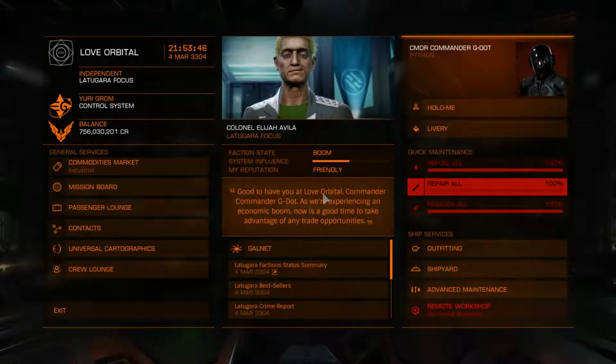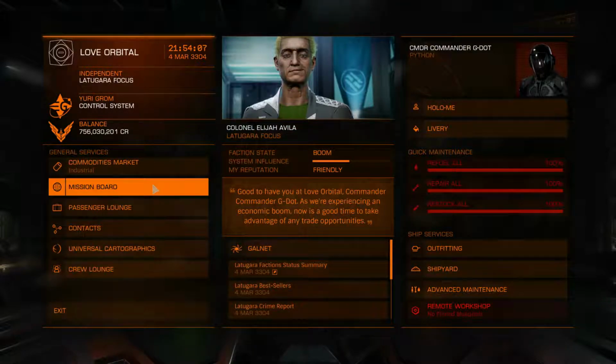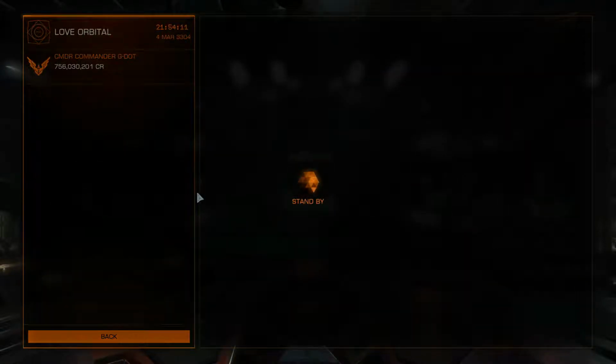So if I'm able to go to an engineer and improve or reduce the heat damage caused by my shield cell banks when I use them, then that's going to be a positive thing. But in order to do that, I have to grind, I have to do missions. I find that missions are the best way to make good money. If I go on to my missions now,